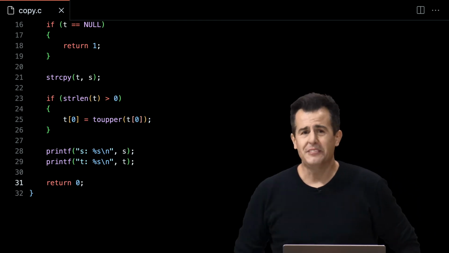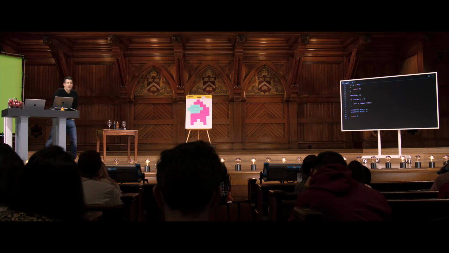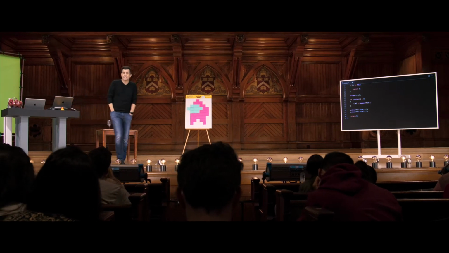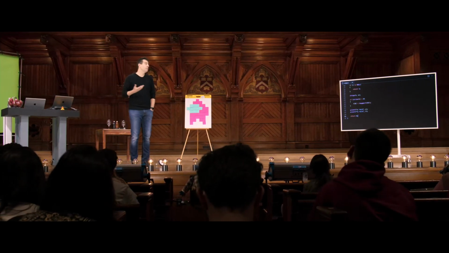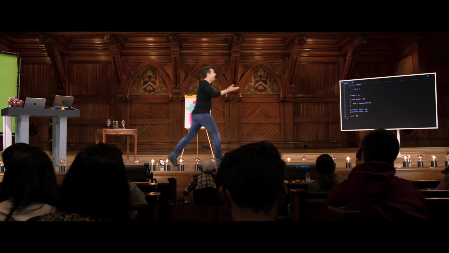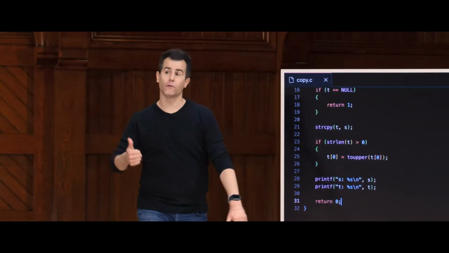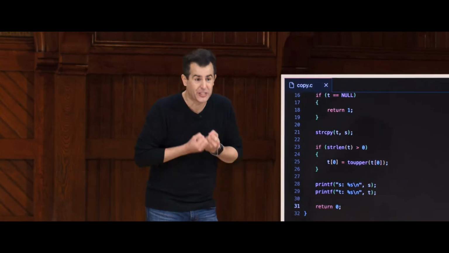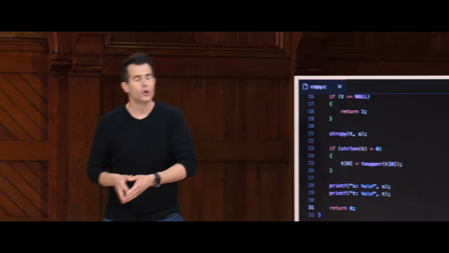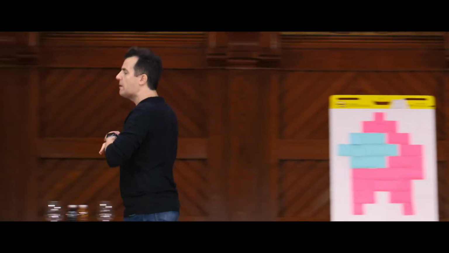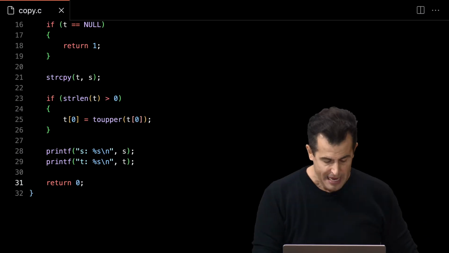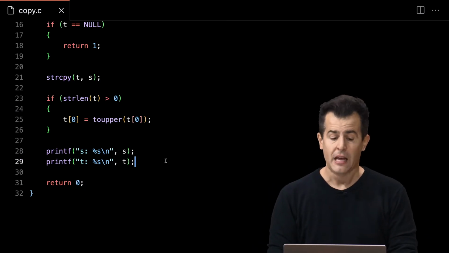But there's one other thing I haven't done. We introduced malloc, but what did I claim also existed? So free. I'm also being a little reckless now. Here I am not practicing what I'm preaching. I'm asking the computer for memory via getString. I'm asking the computer for more memory via malloc, and I'm never technically handing it back. So really what I should be doing at the very bottom of my program too is freeing the memory I've